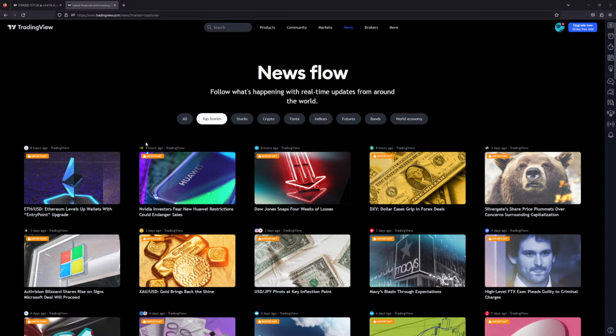Hello guys, today I want to take a look at some stocks and charts together. I've actually opened this news page from TradingView. I'm going to take a look at the three news items that I actually got interested in. One of them was